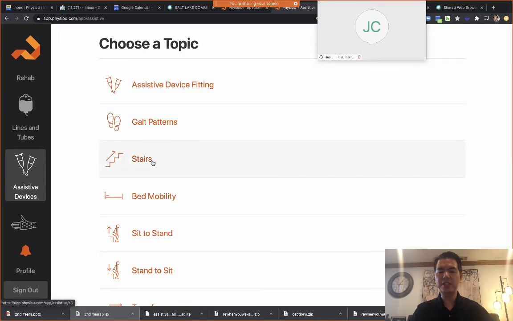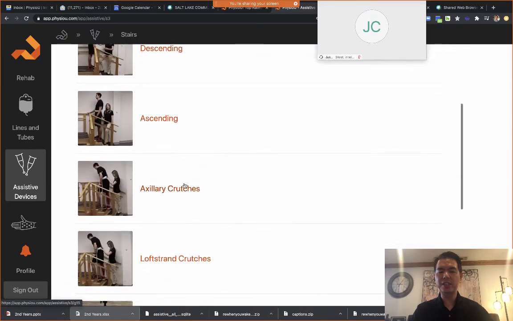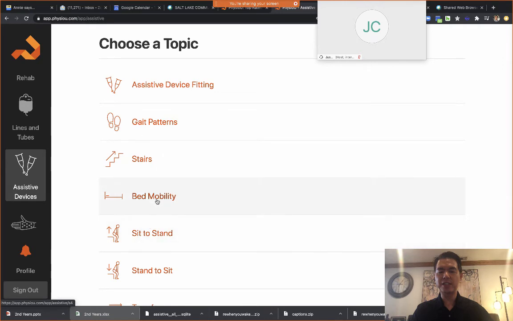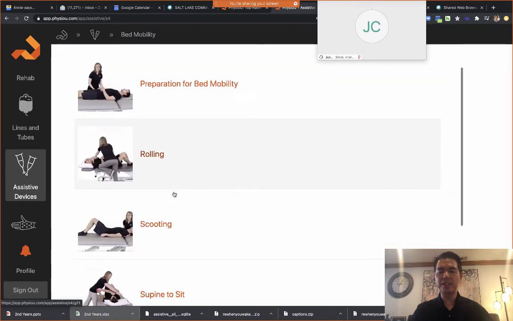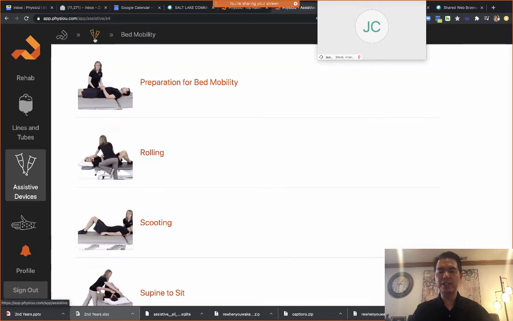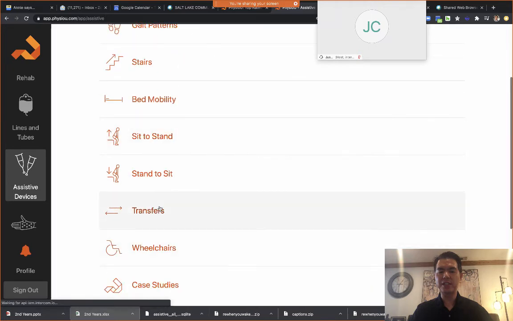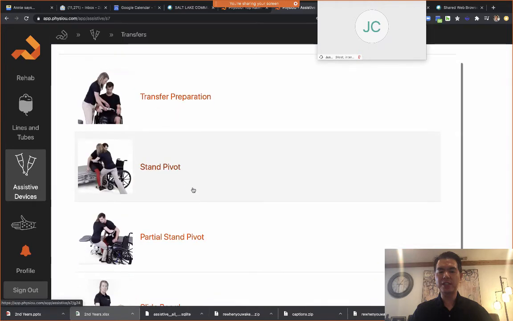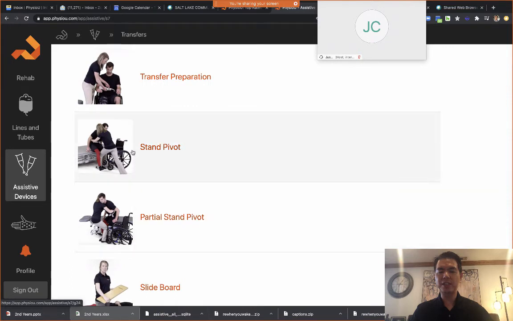This app will include stair training for all the different devices, axillary crutches going up and down, Lofstrand crutches. It includes a bunch of bed mobility, right? How to help patients roll and scoot, how to help patients transfer from one surface to another, right? I'm sure you'll be seeing a lot of these videos.